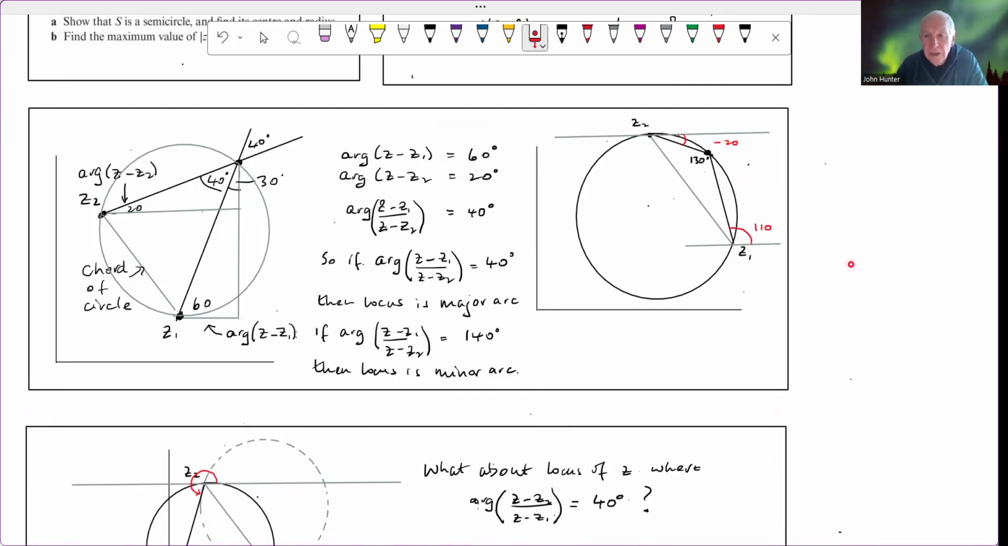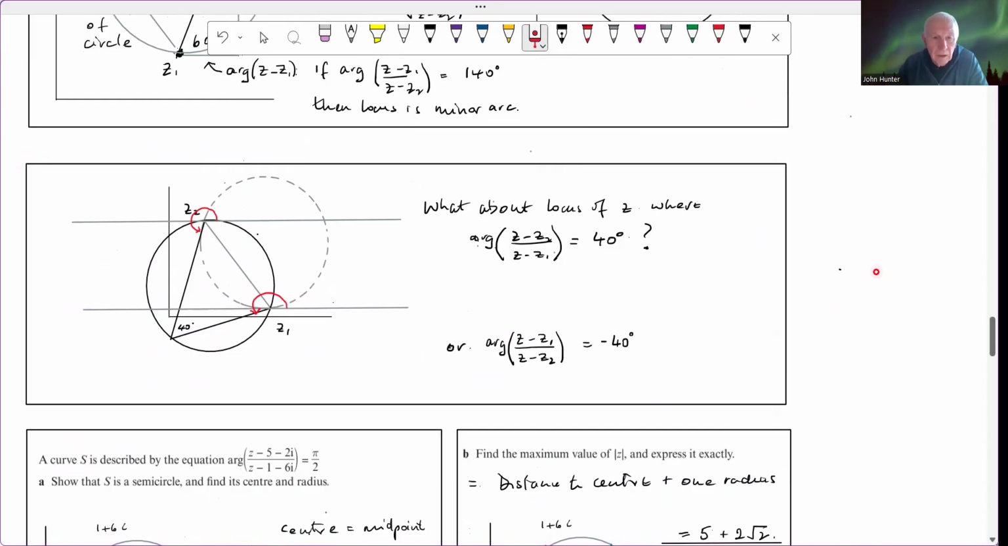Don't want to get into this too much, but just to illustrate, there are other cases. And also, just to round that off, what happens if we were to flip this ratio over? So we've got z minus z2 divided by z minus z1 equals 40. Right, okay, well, again we've got a similar situation, but here, in order to get this, what we're looking at is,